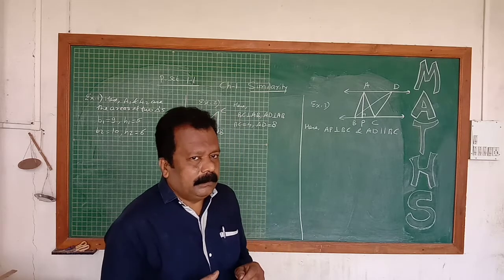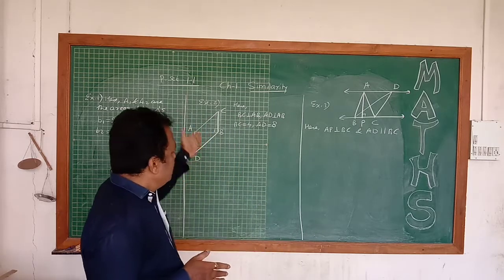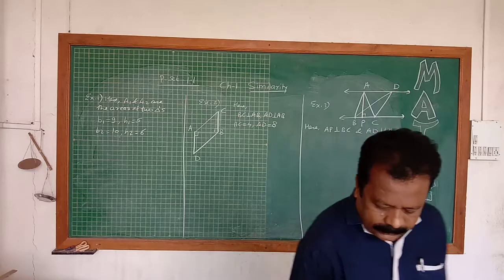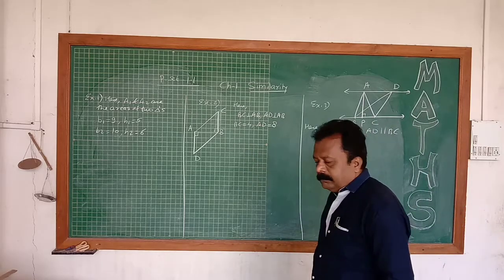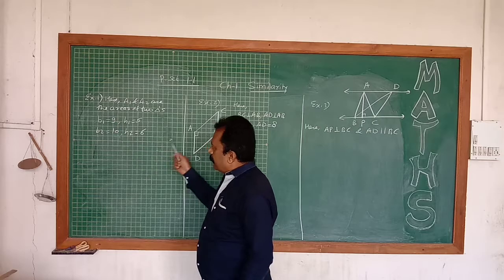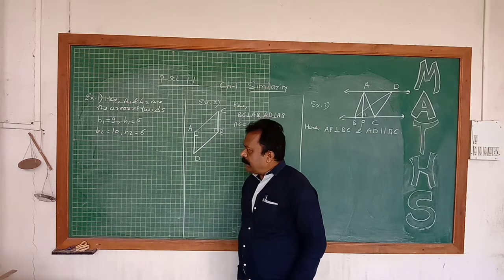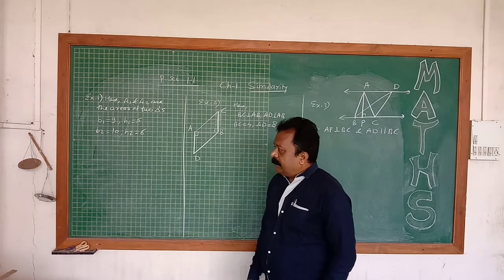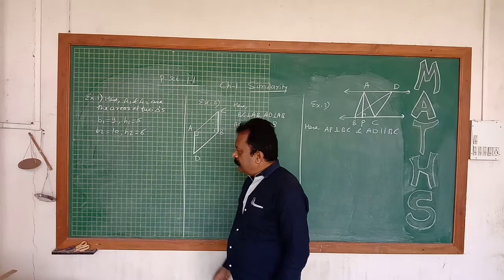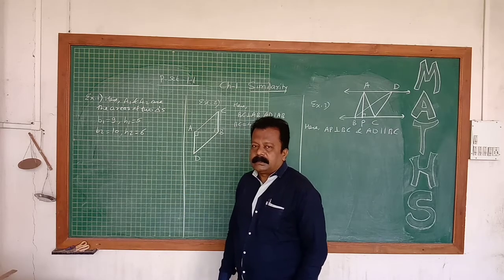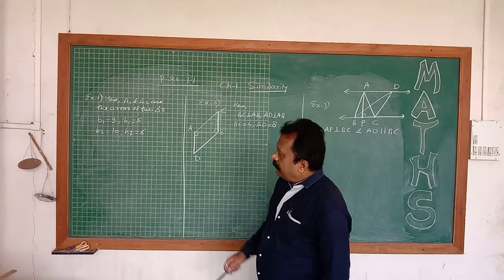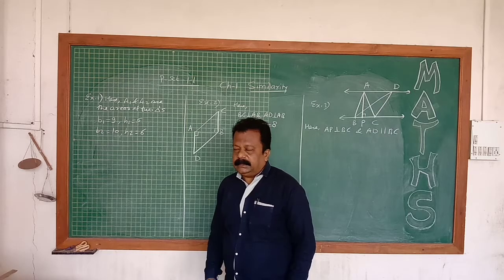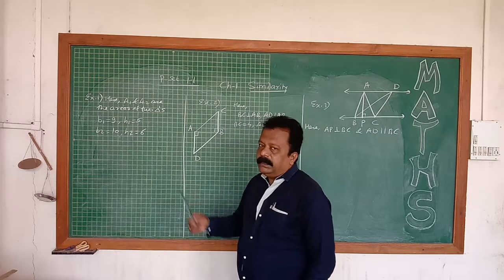If you revise these three properties properly, then we can go with this example. Now example number 1, practice set 1.1. Suppose the base of the first triangle is 9 and the corresponding height is 5. The base of the other triangle is 10 and the corresponding height is 6. Then find the ratio of the areas of the two triangles, first triangle to the second triangle. This is example number 1 given in the textbook.